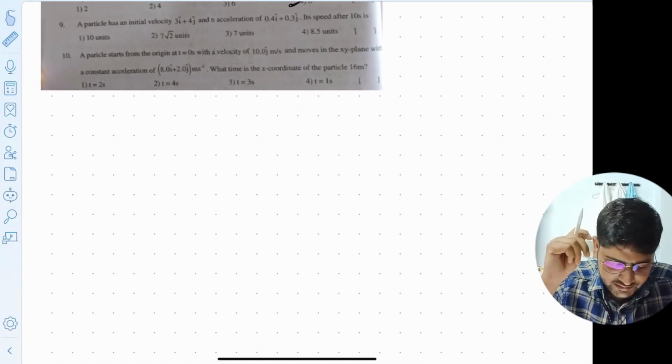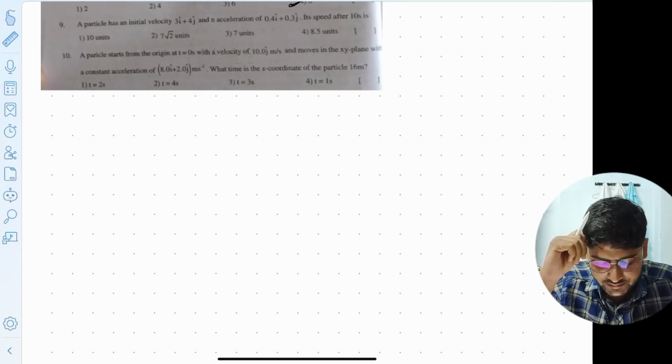A particle has initial velocity 3 i cap plus 4 j cap, and acceleration of 0.4 i cap plus 0.3 j cap. Its speed after 10 seconds. We have to find the speed of the particle after 10 seconds. So we can write